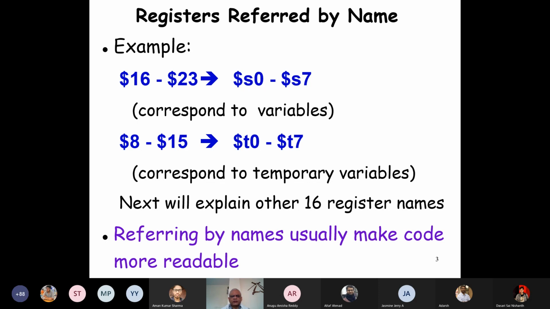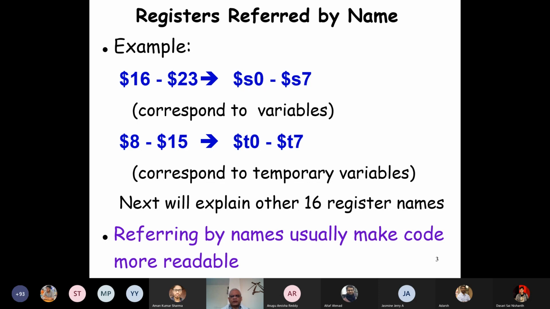On the other hand, registers 8 to 15 are called temporary registers, T0 to T7. We'll use these names of the registers in some of our programs. In some very small programs, we will just directly use R0, R1, etc. The temporary registers, as the name says, hold temporary variables, the intermediate results which we don't need later on.